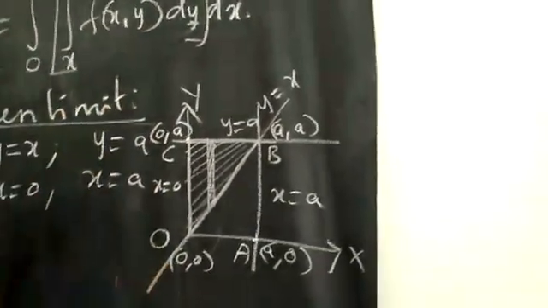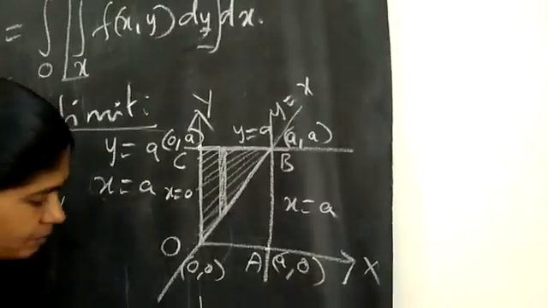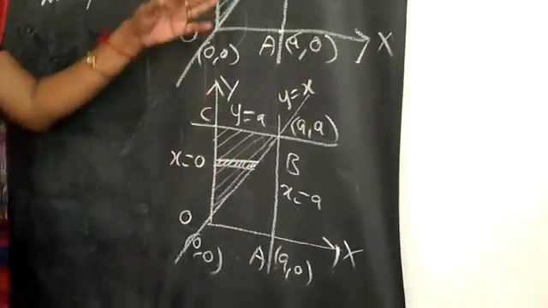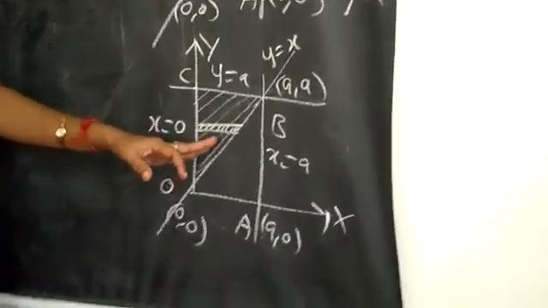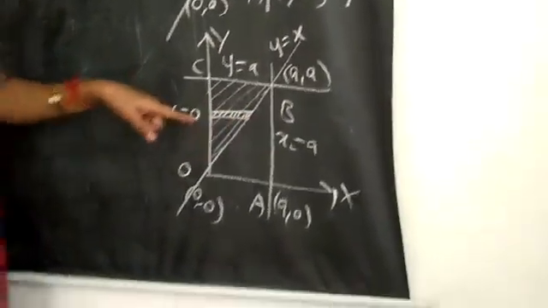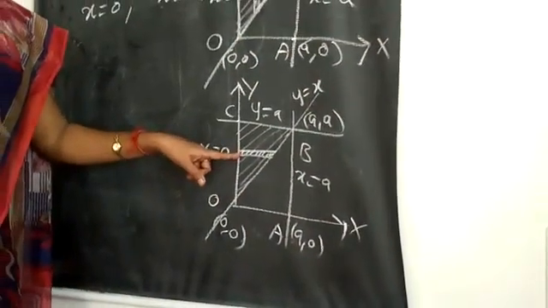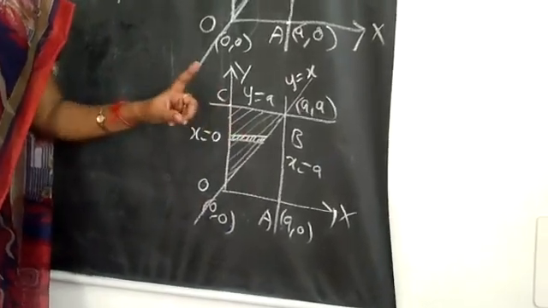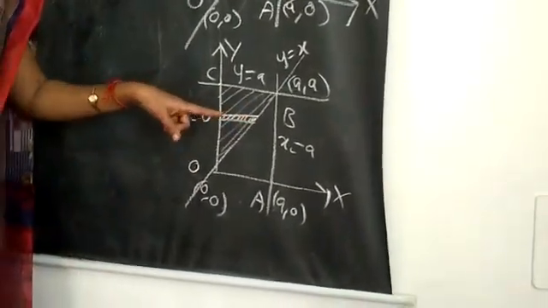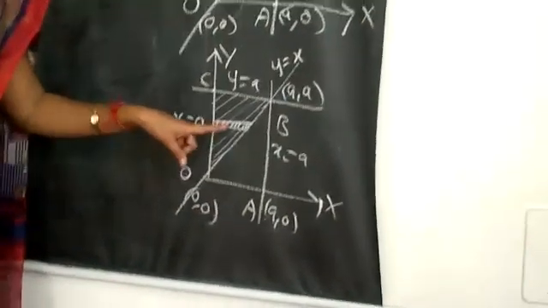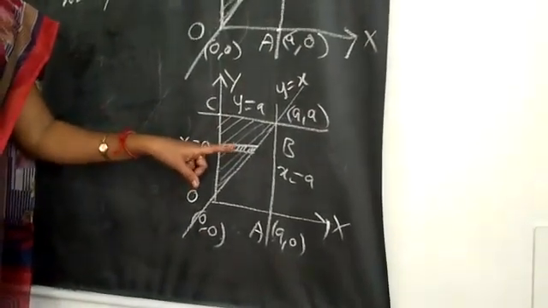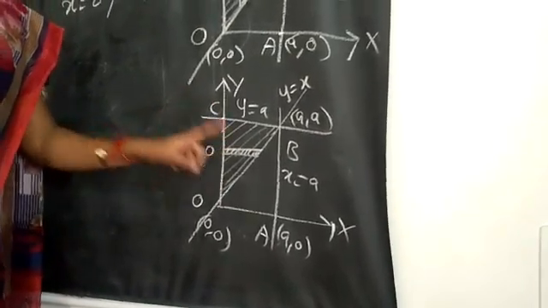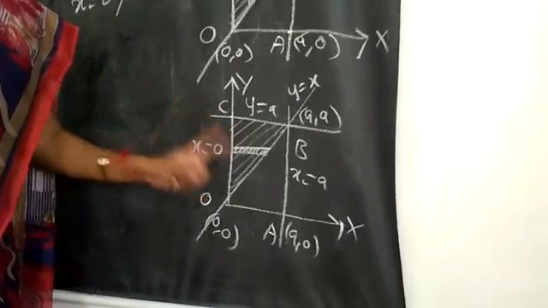Now we are constructing the next diagram. This diagram is used after changing the order of integration. In this, see, this strip is very important. This strip shows which limit is the variable limit of the integration. So this strip is parallel to the x axis. The inner limit is the x limit and the outer limit is the y limit. So the x limit is a variable limit, and the y limit is a constant limit.